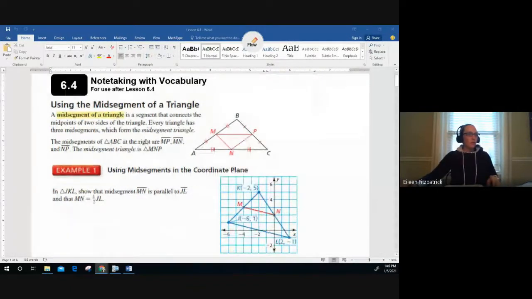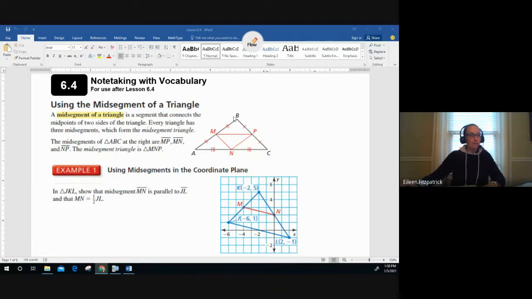Okay, so we're going to be talking about mid-segments of a triangle. The mid-segment of a triangle is a segment that connects the midpoints of two sides of the triangle. Every triangle has three mid-segments, which form the mid-segment triangle. If you look at the big triangle ABC, inside of that you have the red triangle, triangle MNP. That red triangle is called the mid-segment triangle because all three segments, MP, PN, and NM, are mid-segments of